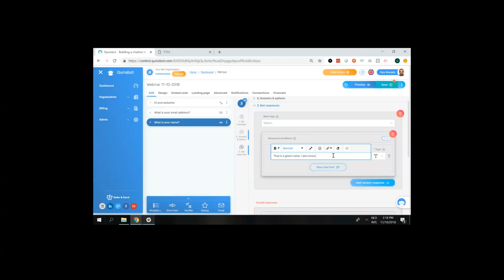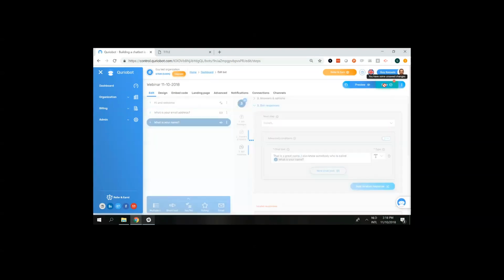I also know somebody who is called, and then we, of course, want to have that input used. And that you can do by using this button here and adding the step response. So in this case, we want to have the input on question 3. So you just click this button and then you add it like that, add and save this step type as well. So now the bot has 3